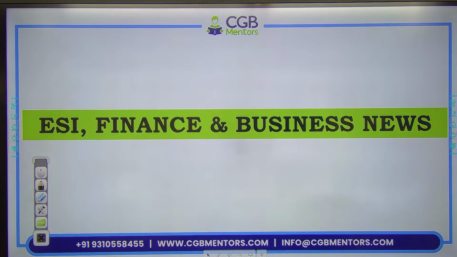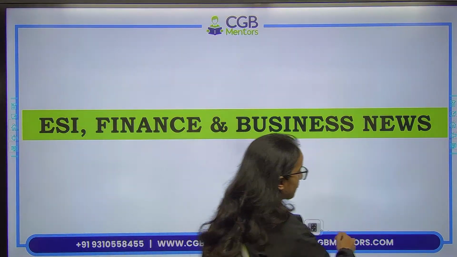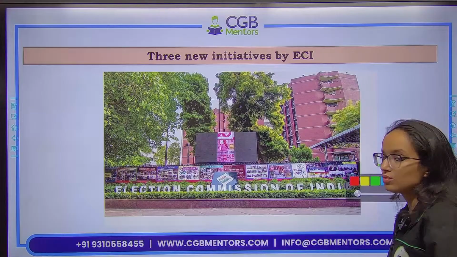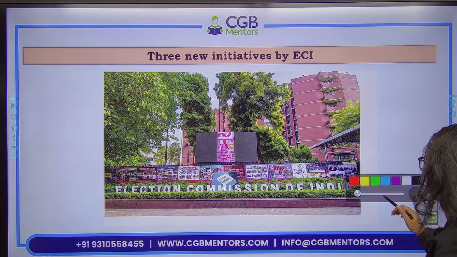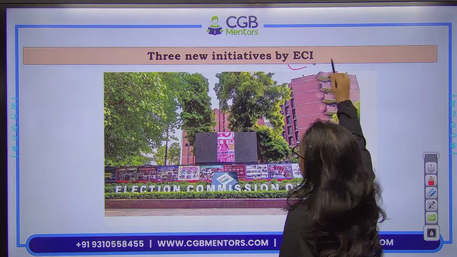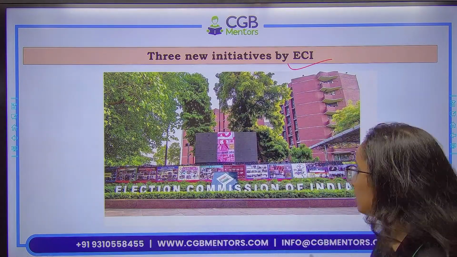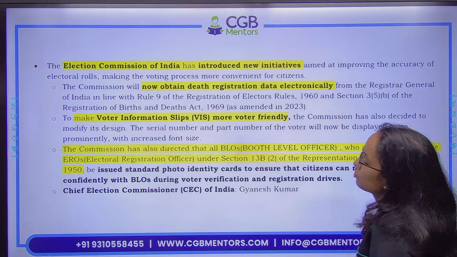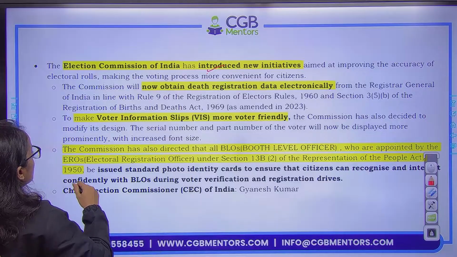Okay, so let's begin with the first segment, the ESI Finance and Business News. First news says 3 new initiatives have been launched by the Election Commission of India. ECI ने 3 नए initiatives launch किए हैं. Let's see what are they. So Election Commission of India has introduced these new initiatives. First one, if you see,